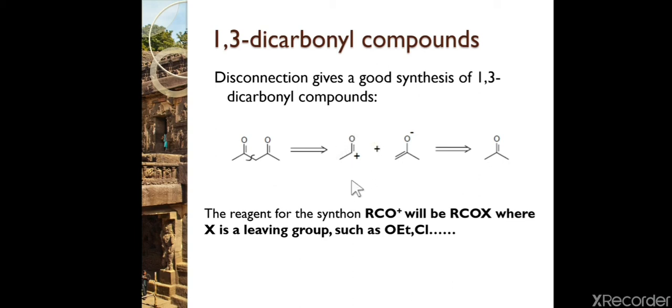We will have acetyl chloride or simply ethyl acetate for this kind of synthon, and to get the negative charge on this carbon we will use any carbonyl compound which has alpha hydrogen. The alpha hydrogen will be the acidic proton and it will generate a carbanion over here. So minus charge over here and plus charge over here. It will attack over here, the leaving group will leave and we will get our final compound. So disconnection of 1,3-dicarbonyl is like this. We need to disconnect one bond which is near to the carbonyl group. Okay, so let's see some examples.